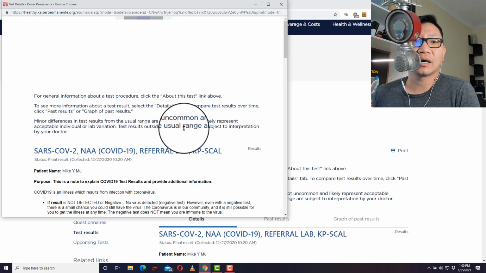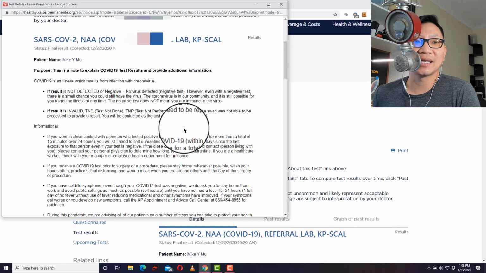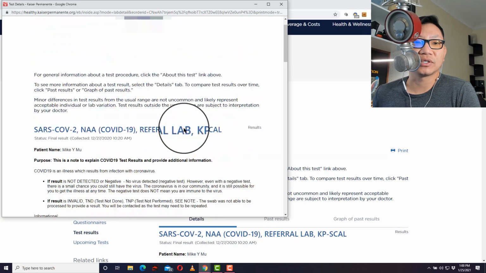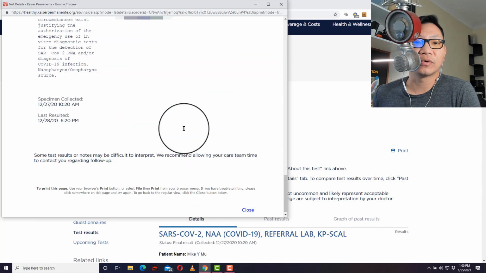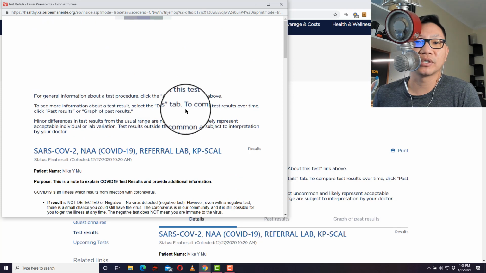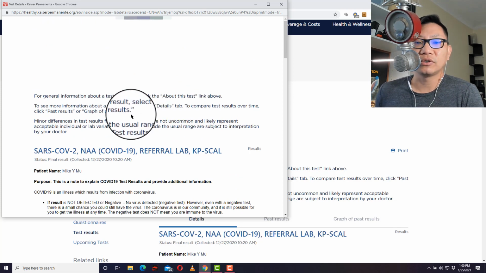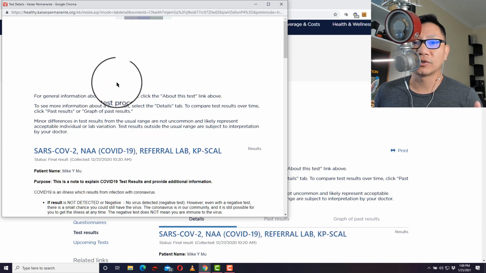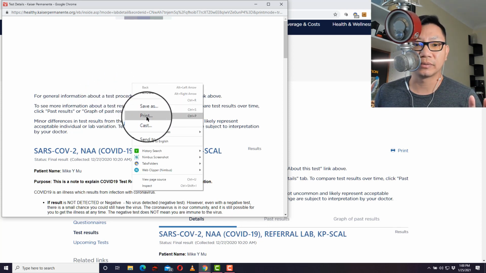Now, if you're running on Windows 10 and later, or if you have Microsoft Office installed, you see this whole thing here. You're figuring, what do you do with that? There's no save as PDF function because it's not built in. What you do here is hold down the Control key and P to open the print command, or just right click on the screen over here and choose print.